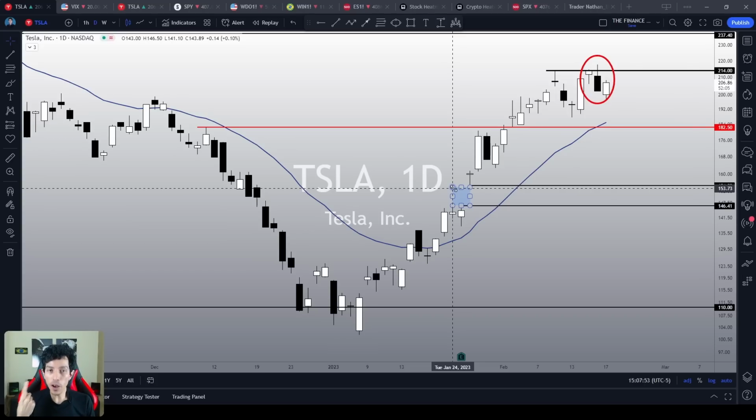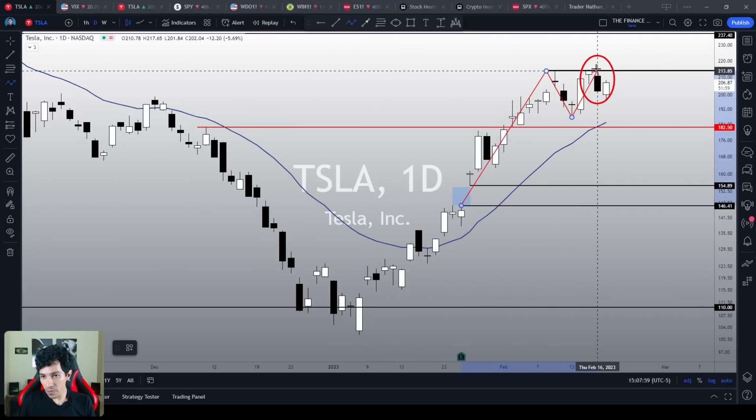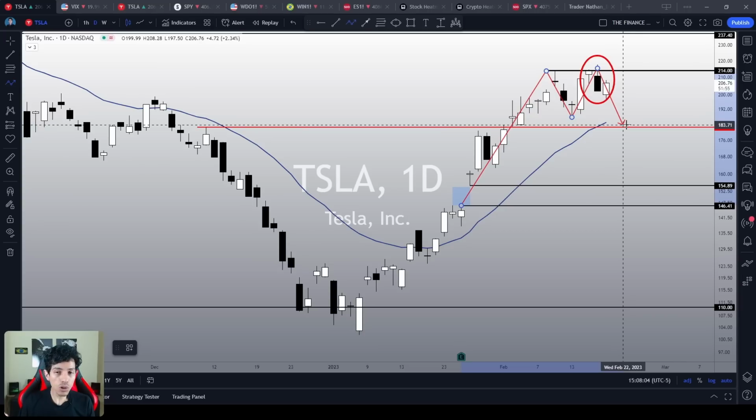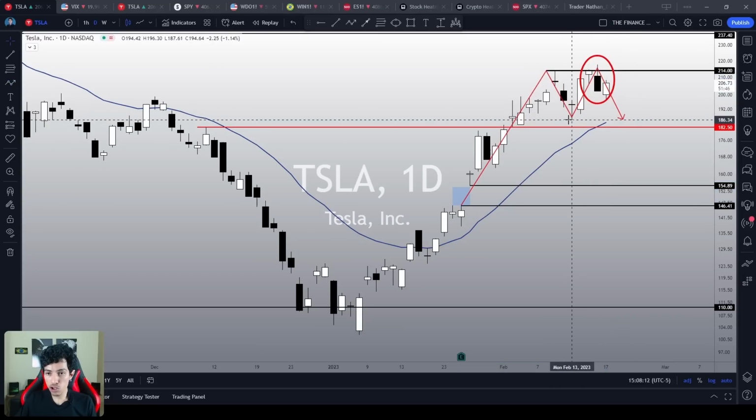Only a possible bearish reversal structure, which is again a possible double top chart pattern. This double top was not triggered yet. As I already told you guys yesterday, in order for Tesla to actually trigger this double top chart pattern, we gotta actually lose the previous support level over here. We gotta lose the 186, 187 area, which